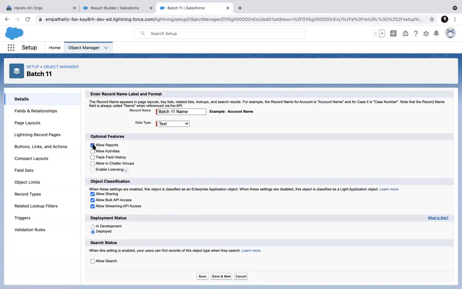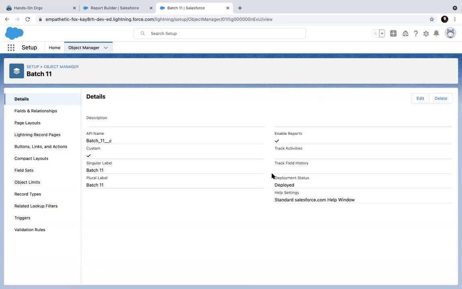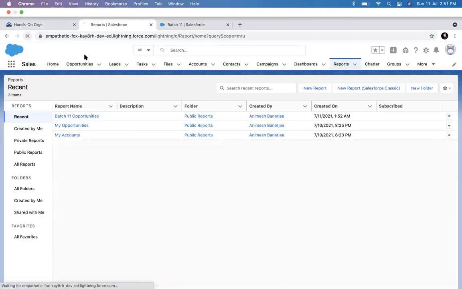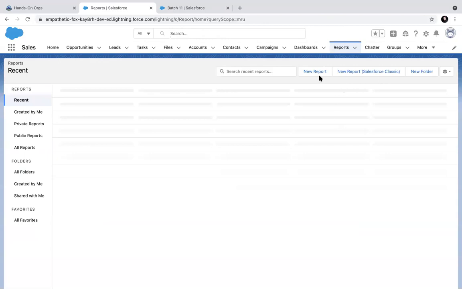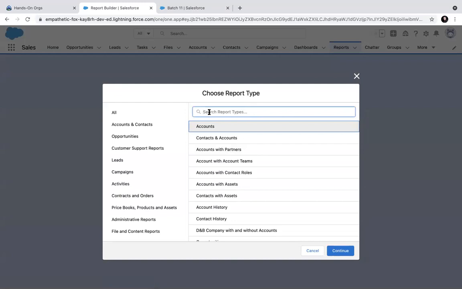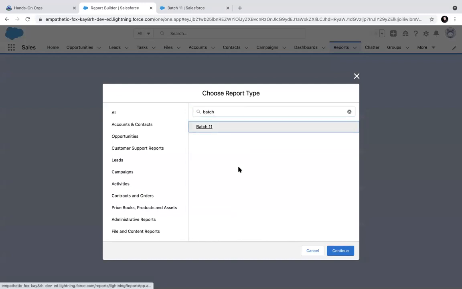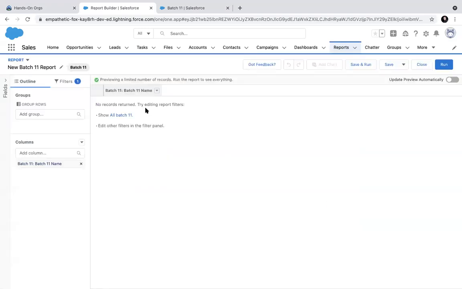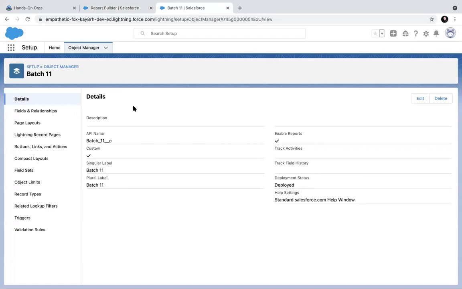And here, allow reports is a feature which you have to allow. Now enable reports is ticked. So now if I go and refresh this, and try to create a report and search with batch 11, it now comes. And I can easily create a report. So very important: if you are not getting the report type of that object, then certainly it has not been enabled. So it's a troubleshooting option to remember. One. Second,